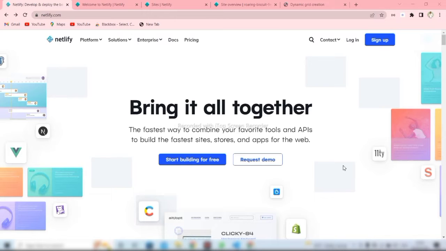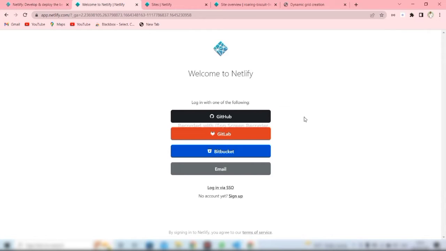I already mentioned that we are going to host a website free of cost, and this is a site like netlify.com. If you are a web developer, some might know this site, the rest of them do not. If you are a new user, you need to log in to the site. If you click the login button, it will redirect to the site. If you have a GitHub account, you will log in with the GitHub account. If you do not have a GitHub account, or you do not know what GitHub is,